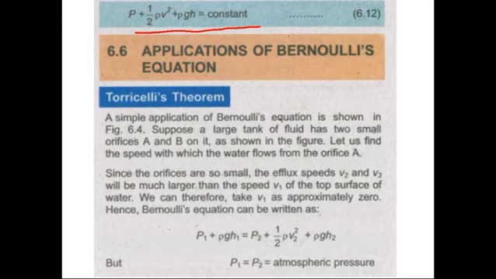As I have revised, the Bernoulli equation is written as P1 plus half rho V1 square plus rho gh1 is equal to P2 plus half rho V2 square plus rho gh2, and in short form we will write P plus half rho V square plus rho gh is equal to constant. Keep this equation in your mind. And now, what is Torricelli's theorem? In this theorem,